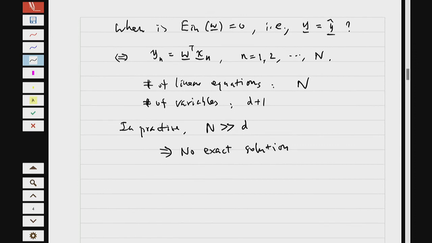Now, in general, we cannot find the exact solution. We cannot solve this and hope to get 0 for E_in. That means E_in will always be positive. So our only hope is to minimize it, to make it as small as possible. Usually it does not go to 0, because usually we have n greater than d. So instead, we try to minimize